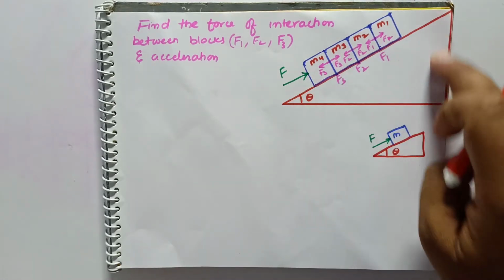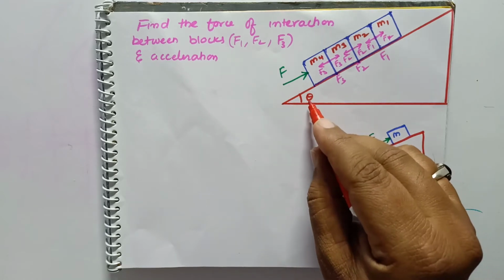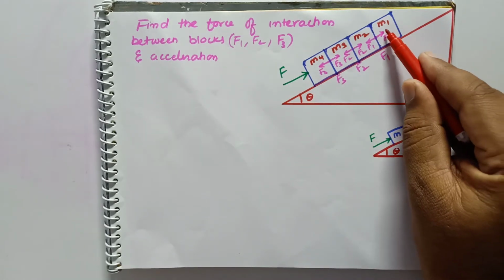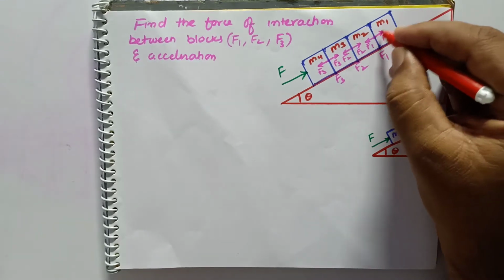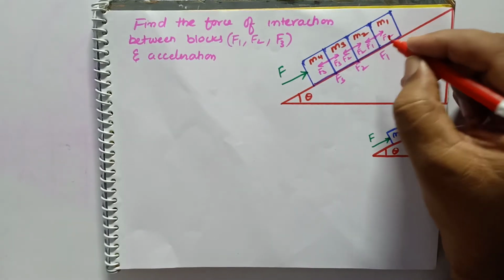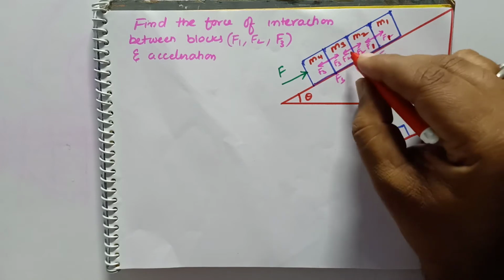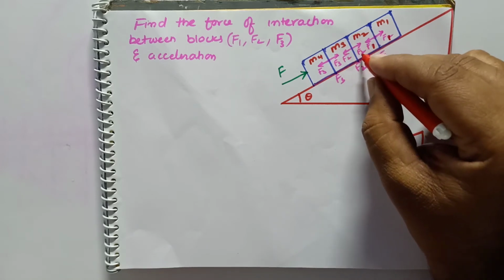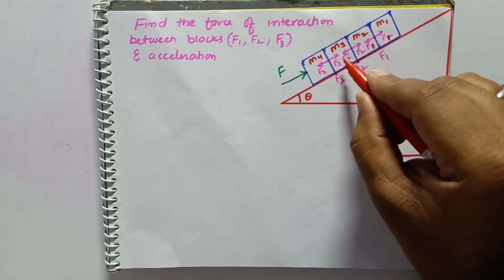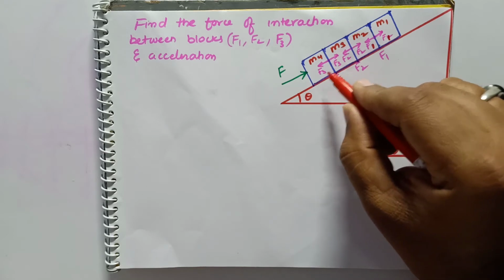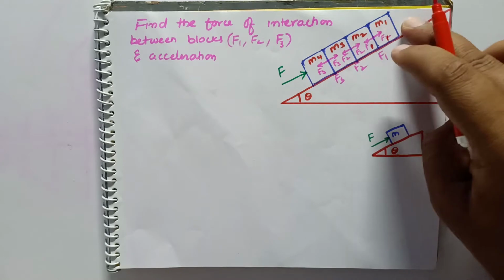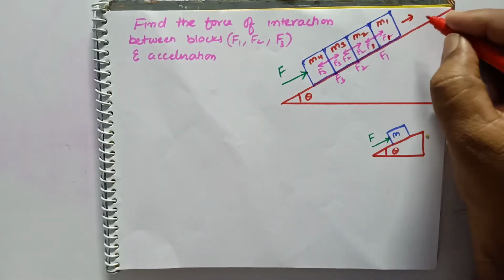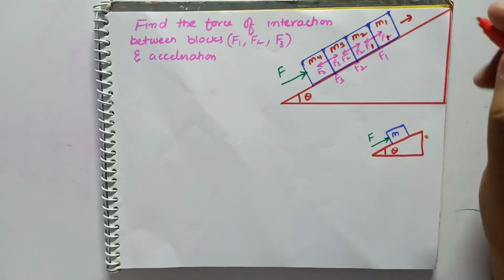If you observe here, this is an inclined plane making a certain angle theta, and there are four masses m1, m2, m3 and m4. The interactive force between these two is taken as f1, the interactive force between the next two blocks is taken as f2, and the interaction force between these two blocks is taken as f3. All these blocks are moving upwards along the inclined plane